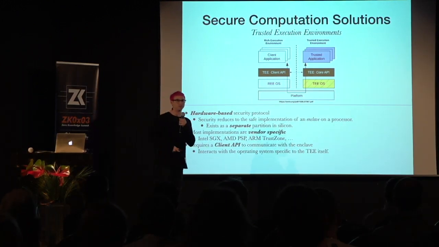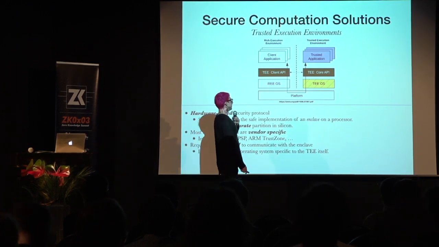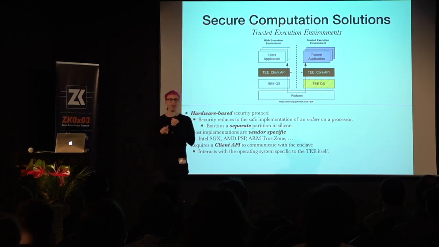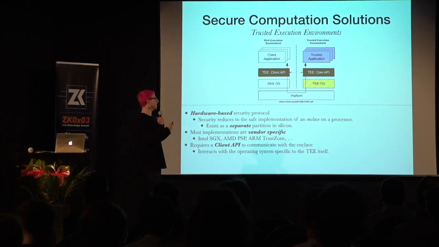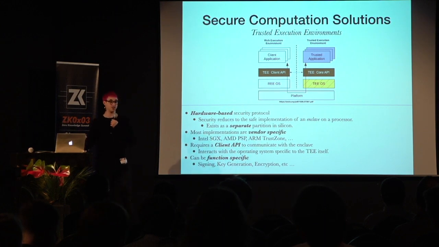There are problems with this, and we go over those as well. But essentially, we're going to have an operating system that runs directly on the processor itself for that execution environment. And then it will perform whatever API call you tell it to perform. In this case, they can be function specific, so it doesn't have to be generic, able to execute anything,